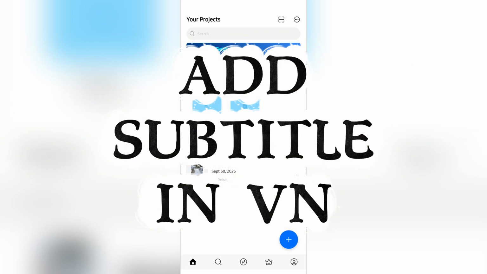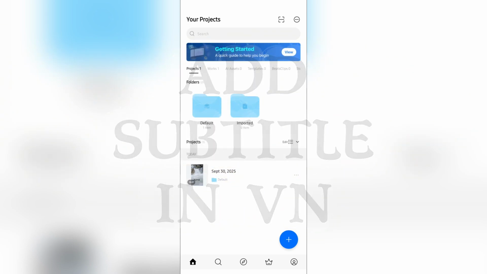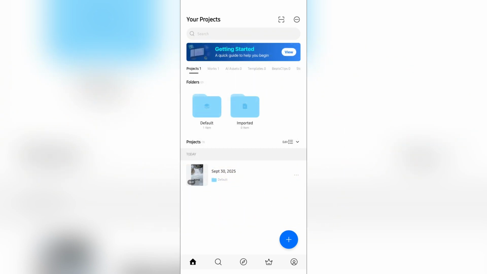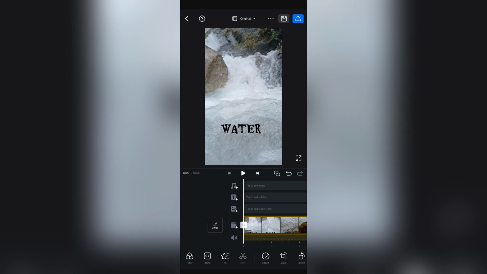How to add subtitle to a video in VN. Now in order to do this, just simply create a new project or open an existing one if you have a draft. Like this, I'm opening my draft, and after coming into this section, just simply tap to this add